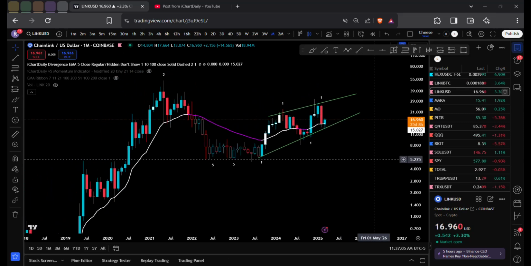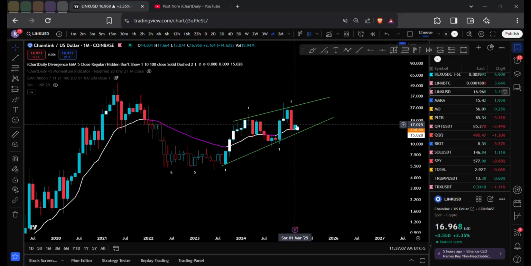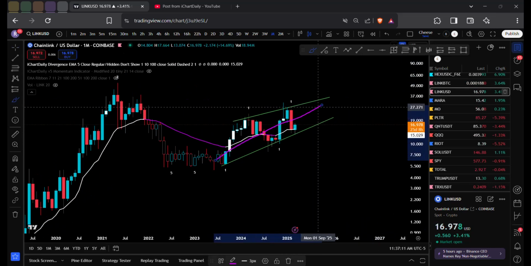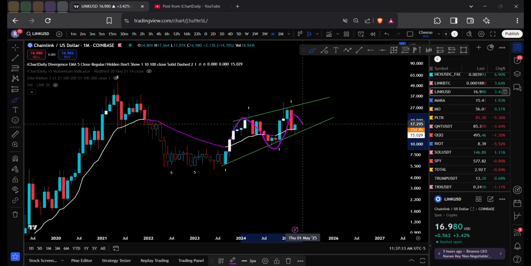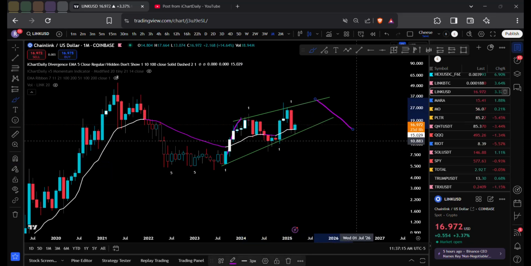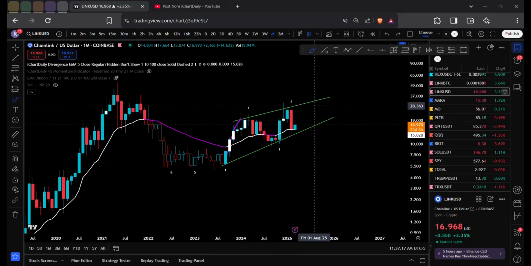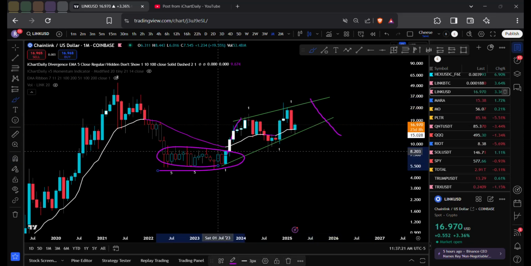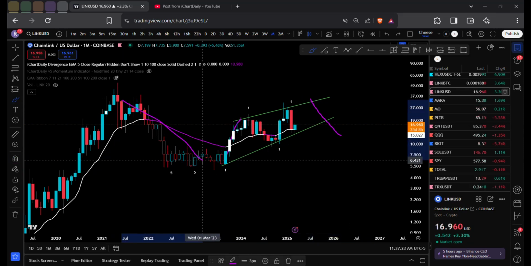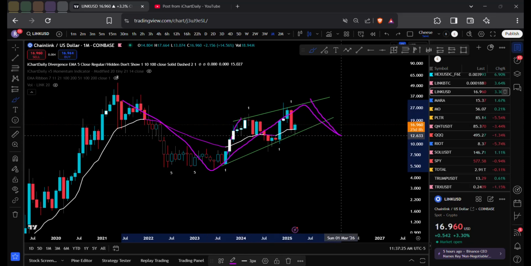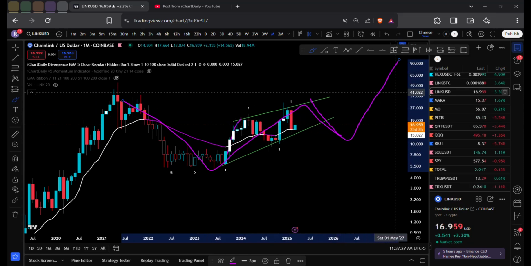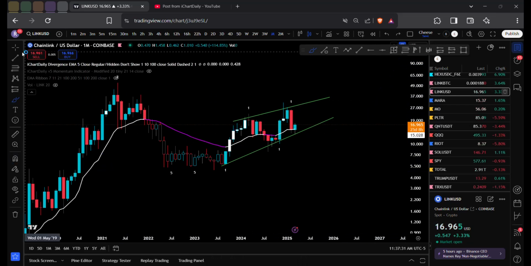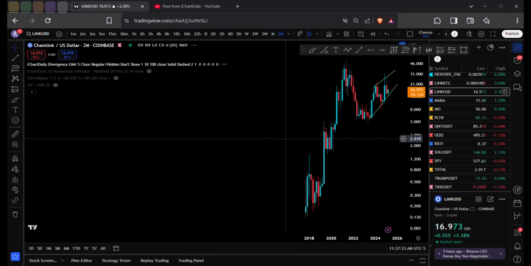So first thing I notice is a lot of these coins are doing this. Is this just one big leg up? Is this a rising wedge that eventually will break down? Will we have to come back down for macro higher lows to the $5 to $8 and then form one big W pattern on Chainlink? I think so. I do think so.